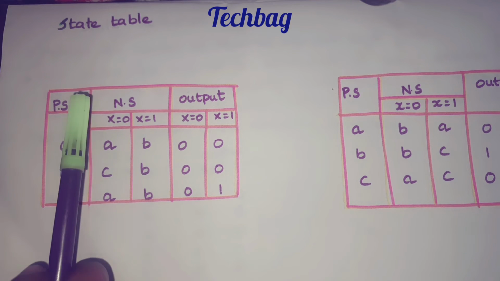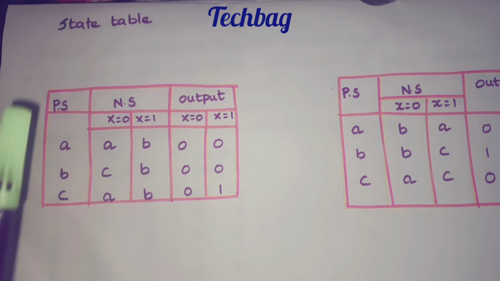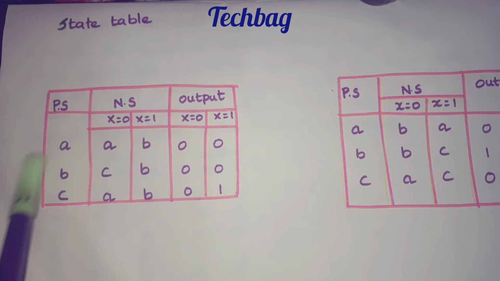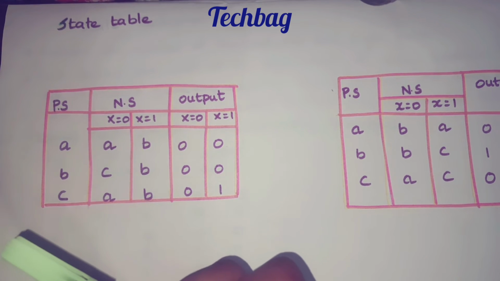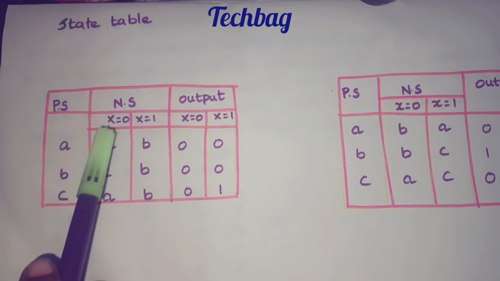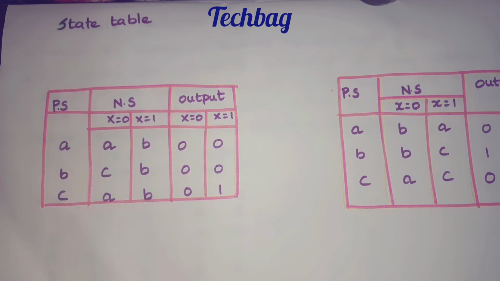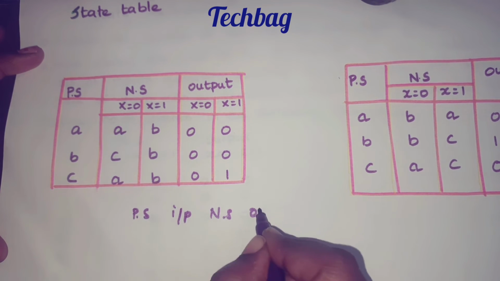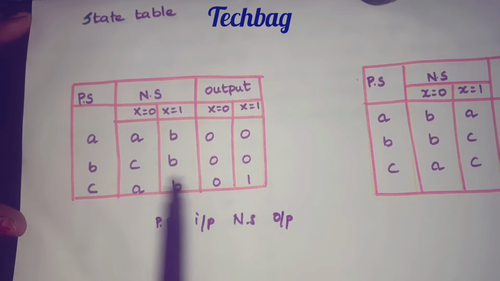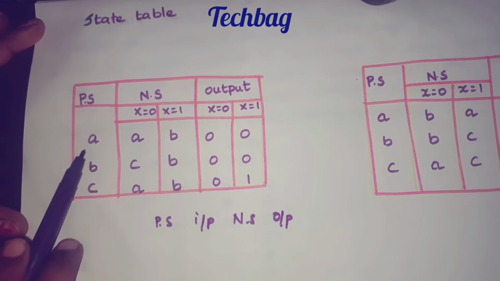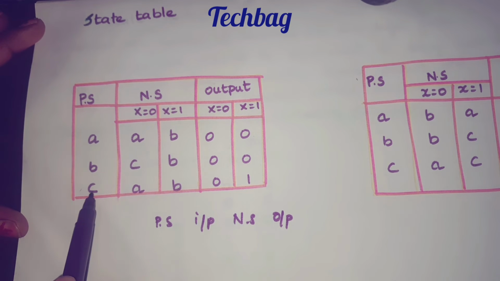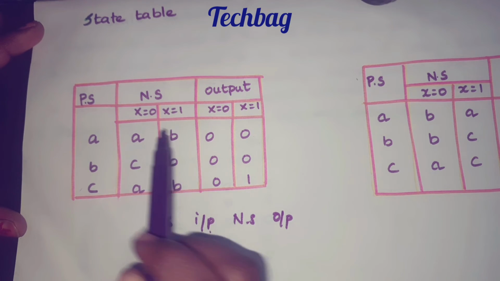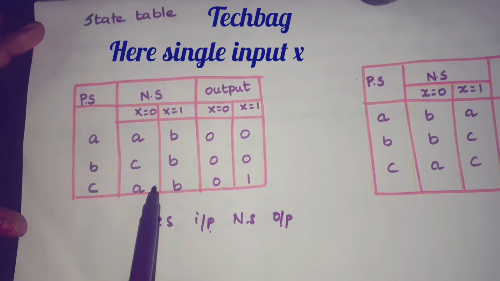Next we will see the state table for Mealy and Moore model. The first state table is for Mealy model. Actually state table is the same as the truth table of a combinational logic circuit. Here there are 4 columns, that is present state, input, next state and output. So I will explain this first table. Here the present states are A, B, C. So there are 3 states A, B, C. Instead of using a separate column for input, I have written it within the next state column.